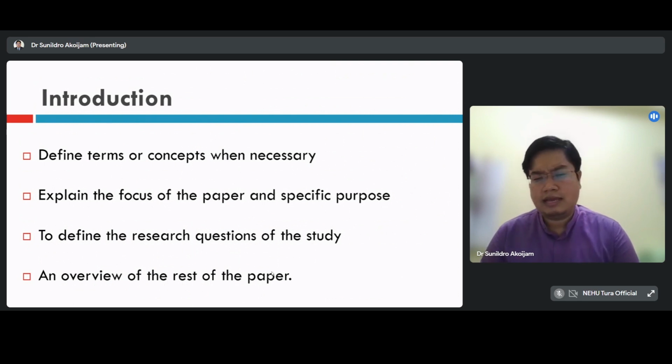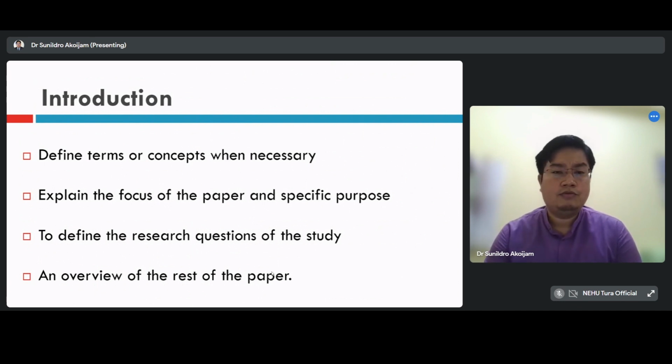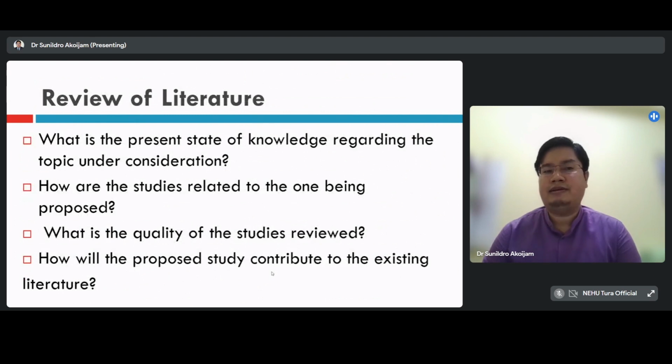So let me not get into that much detail, since these are some of the general things that many researchers normally know. Okay, now going further, review of literature. Again, a common mistake and misconception about review of literature is that many researchers feel that review of literature means compilation of previous studies. But let me tell you, it is not just the mere compilation of the previous researches.